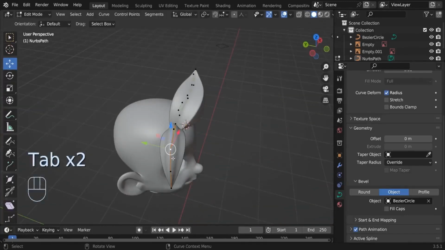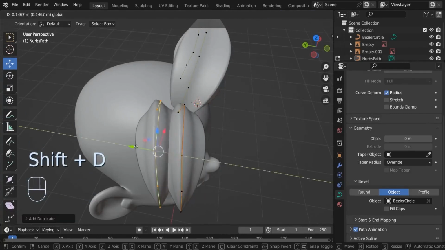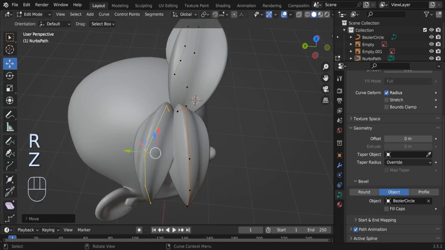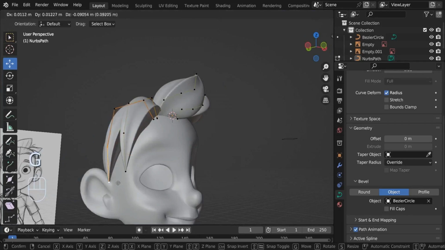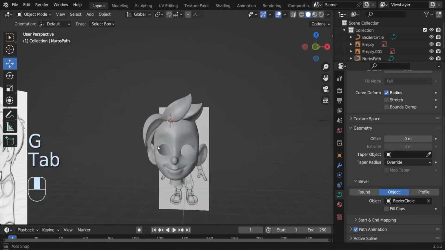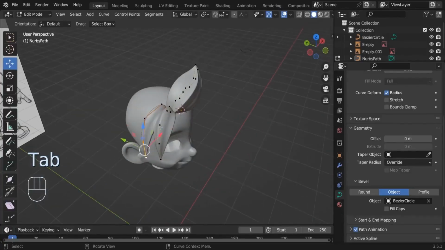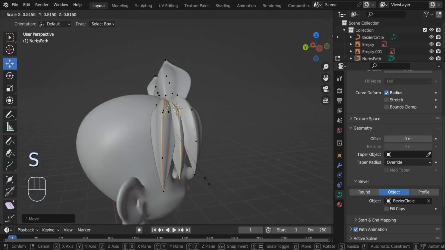Looks excellent. So after that, we can press L to select this unit, Shift D to duplicate it and move it here. Spin it on the Z axis a little bit. Okay, Alt S can make it a little bit smaller. Drag these down. Okay, we're doing fine so far. So next, we can add a third particle here. So Shift D to duplicate this. R Z, spin it down, and I'd like to scale it a little bit down